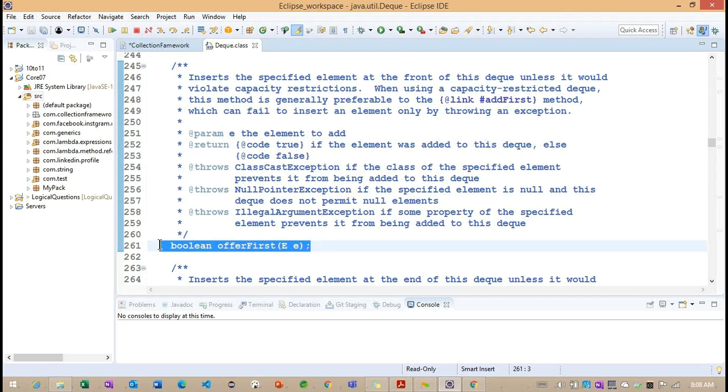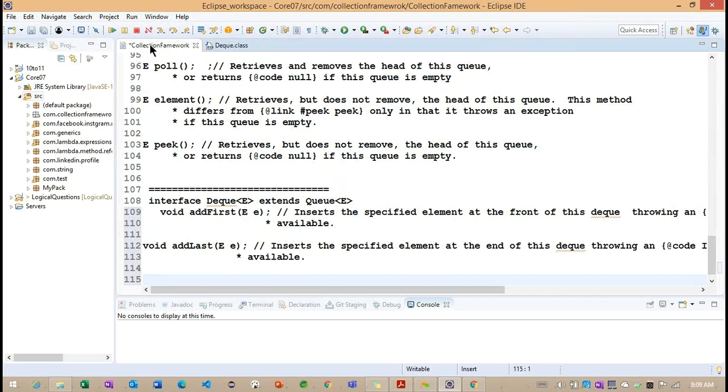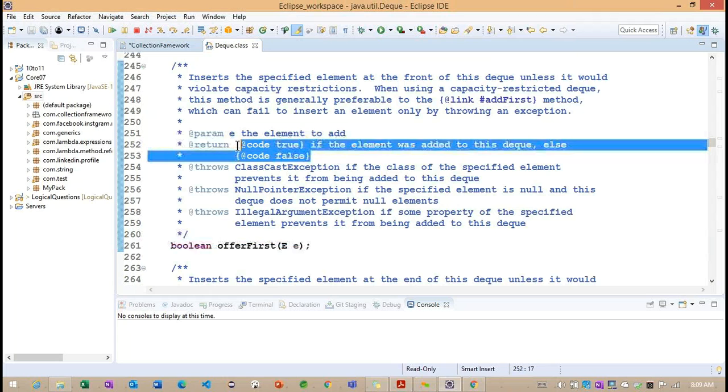The only difference here is that the addFirst method will throw an exception based on the capacity restrictions, but the offerFirst method will return only true or false.